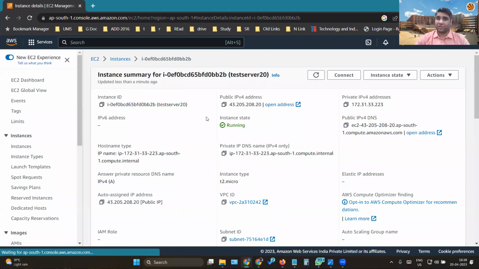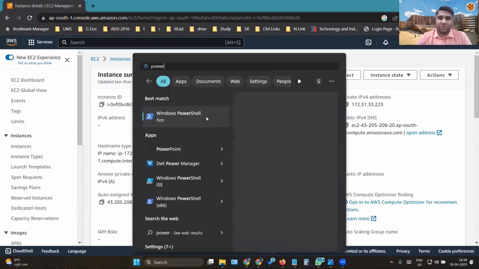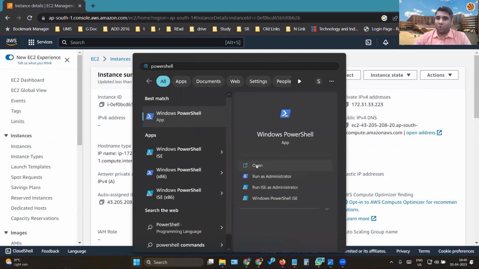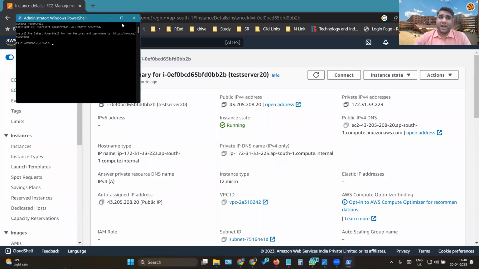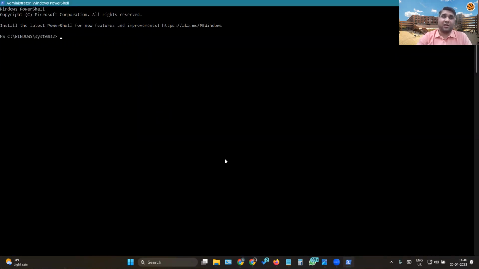Now it's still in the running state. I want to connect to this, but not through a web browser, through the security key which was there. Let's understand the importance of that security key. There is a service known as PowerShell, which you will study in CS, obviously, when you come in. So this is PowerShell. Again, run as administrator because I need some special access to it. Now, when I run it as administrator, I need to access that system.